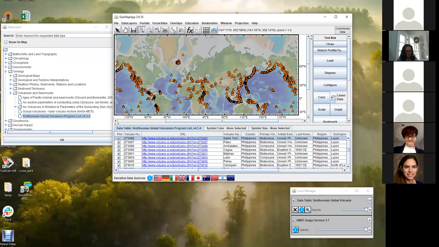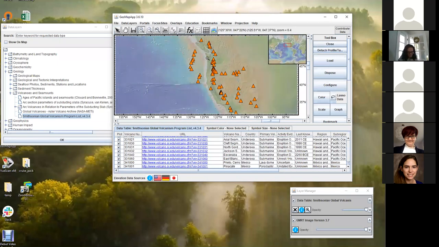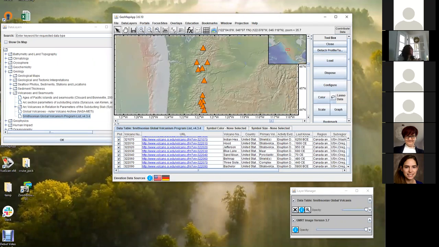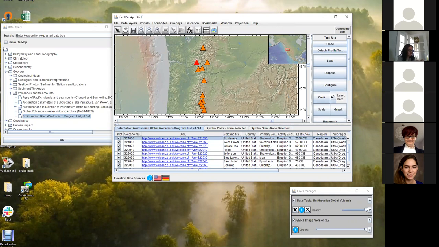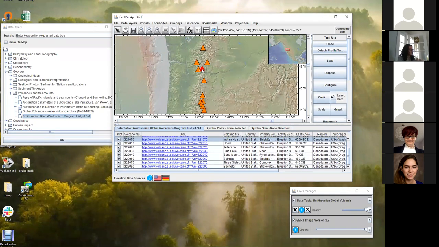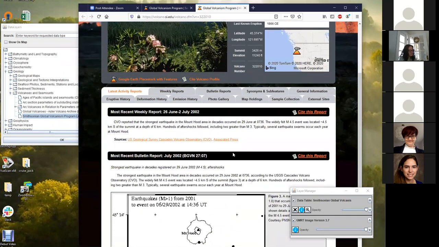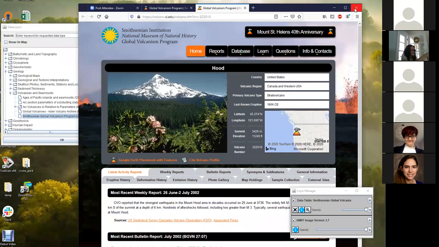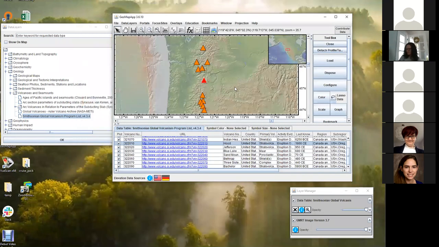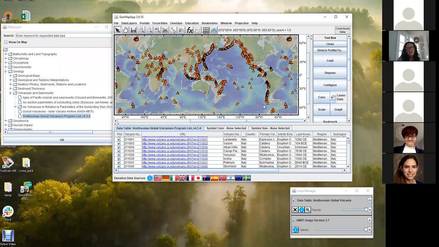And you can zoom in and see, like, the Pacific Northwest up here. And if we click on these, then this is Mount St. Helens here, and it tells us in the table. And here we have that one, and that is Mount Hood. And again, if you click on the hyperlink, it'll bring up the information from the Smithsonian page about that. So you could have half of your class, say, look at where the volcanoes are, and you can start to see the plate boundaries, of course, right away. But you could also bring in the earthquakes,